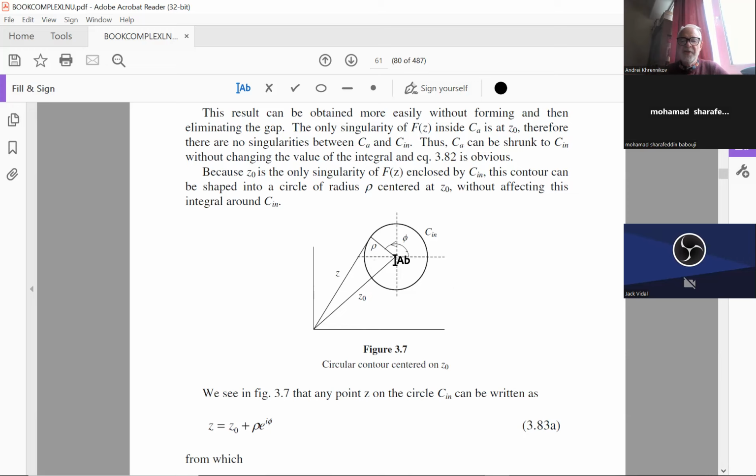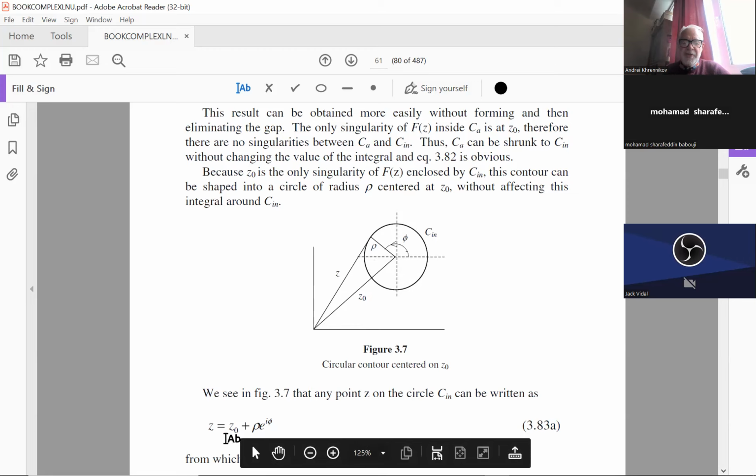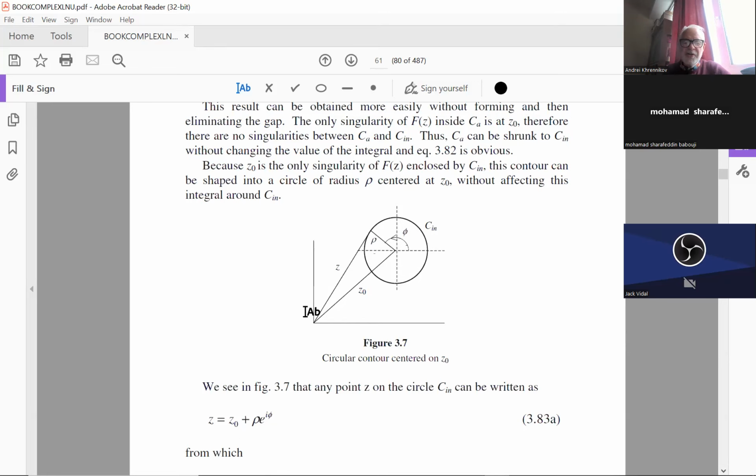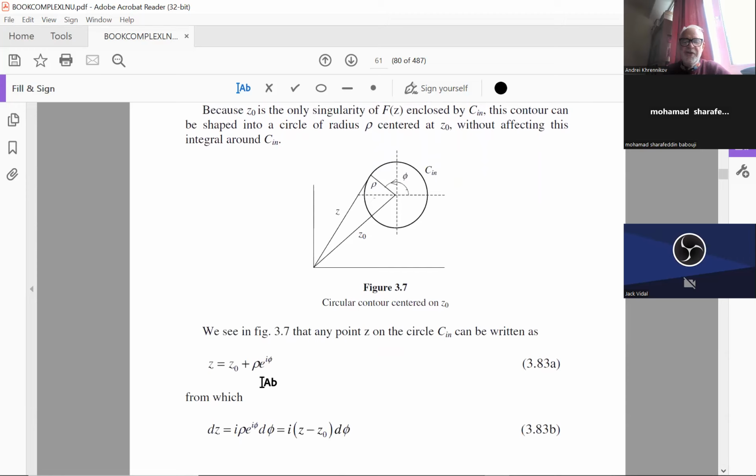We have the point z0, and we want to calculate the integral around this point. And we know that in this point we have a pole of the first order. That means that our function is more or less an analytic function divided by z minus z0. So they make a parameterization so that if we shift z0, this circle is just around zero. And around zero, our parameterization is very simple.